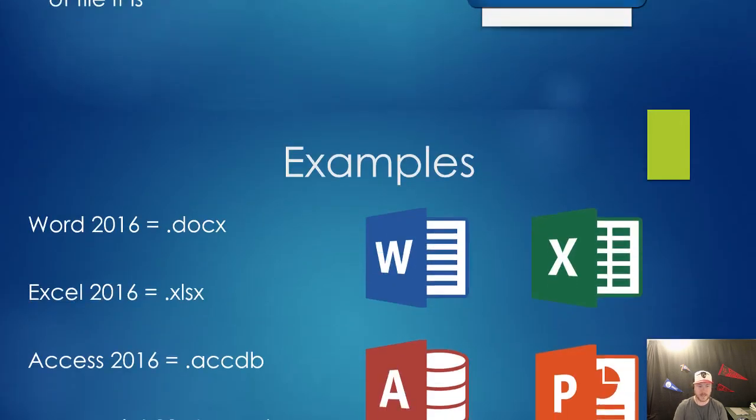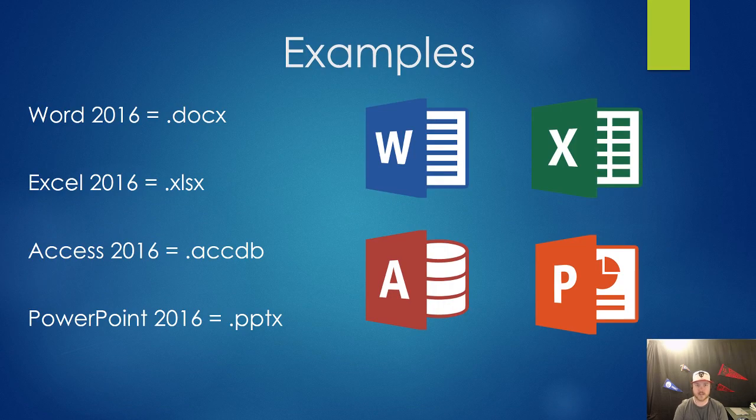Okay, so moving ahead, here's some more examples of file extensions. My channel does mostly Microsoft Office tutorials, and you'll see that in Microsoft Word, after every single file you create, it says .docx, and that lets you know that it's a Word 2016 file. It's .xlsx for Excel, .accdb for Access, and .pptx for PowerPoint. So if you ever see an older version of Microsoft Office, you're going to notice that the X at the end of Word, Excel, and PowerPoint is not there. And so that lets you know that it's an older version of Microsoft Office.